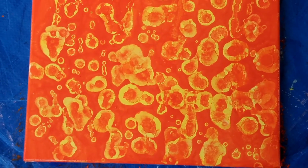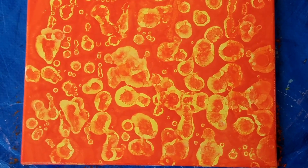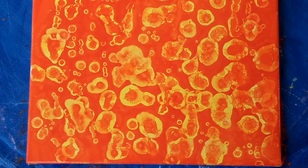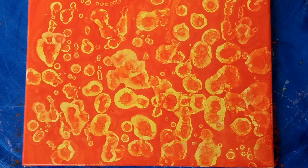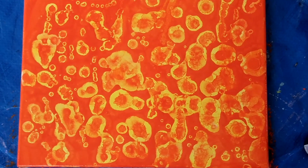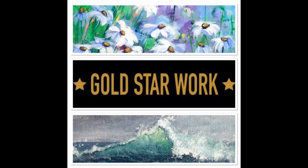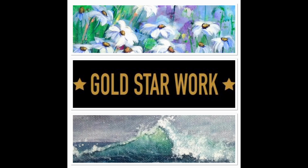Today I'm going to show you how to do the alcohol drop method for backgrounds for paintings. One of the reasons why I like acrylic paint is that I can do some really interesting effects using different methods and techniques. And this is one of the techniques that I use for my flower fields. Now for this you'll need some